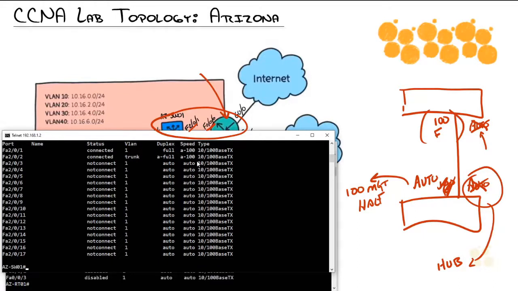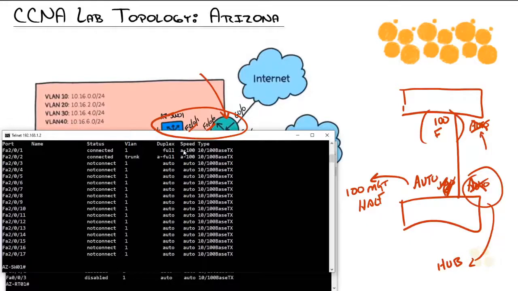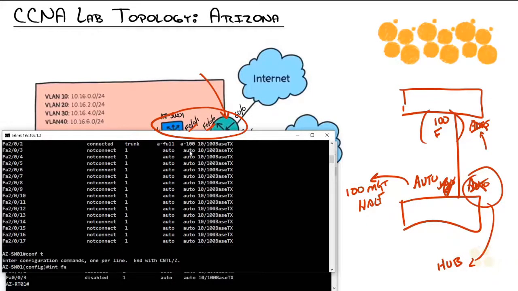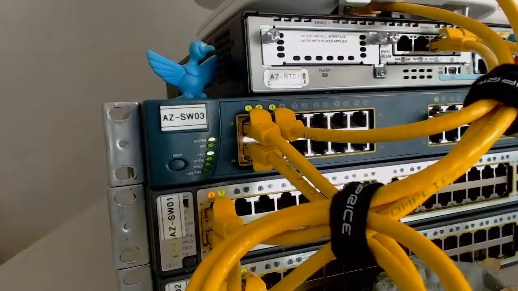But if you leave it that way, you're one of those people that like, you know, there's a row of pencils on the table and one of them's crooked and you're like, it's fine. No. Just get there and straighten that pencil back up. It may not cause a technical problem, but it's just dirty. Get into FastEthernet 2/0/1, speed 100. Enter. Lost my connection yet again because, again, it reset the interface and I have to wait for that 30-second